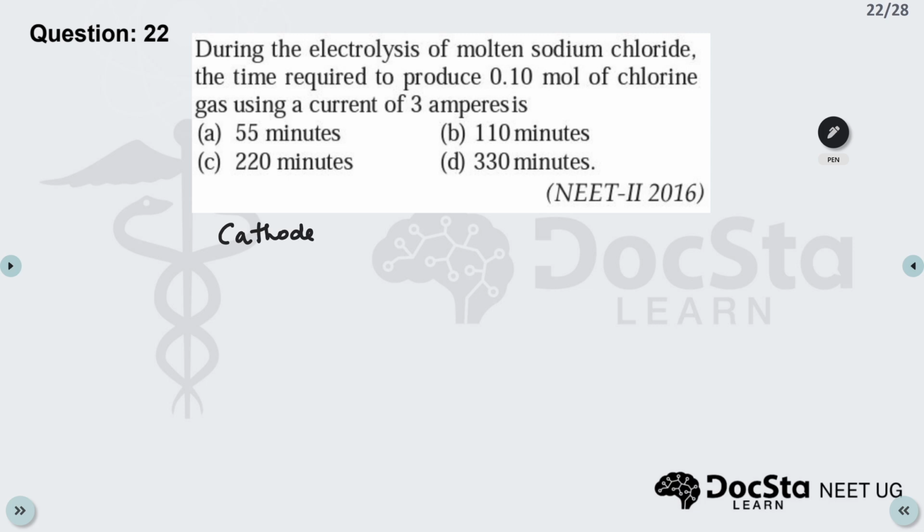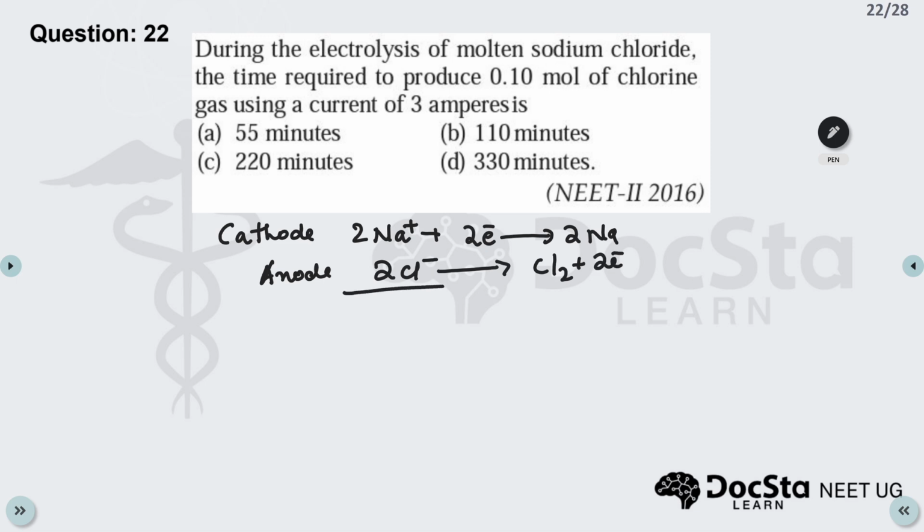cathode and anode. Cathodeൽ നടക്കുന്ന reaction എന്ന് പറഞ്ഞാൽ 2Na plus plus 2 electrons gives 2Na, and the reaction at the anode is 2Cl minus gives Cl2 plus 2 electrons. And if you find out the overall reaction, that is 2Na plus plus 2Cl minus gives 2Na plus Cl2. We know according to the Faraday's first law, the quantity of electricity or the amount of the substance deposited is